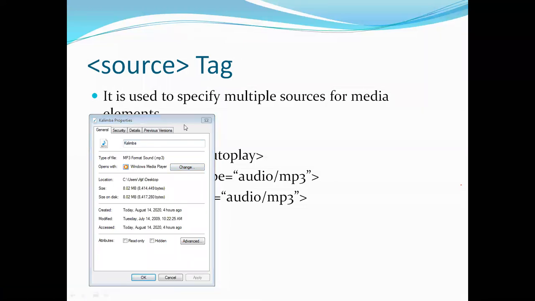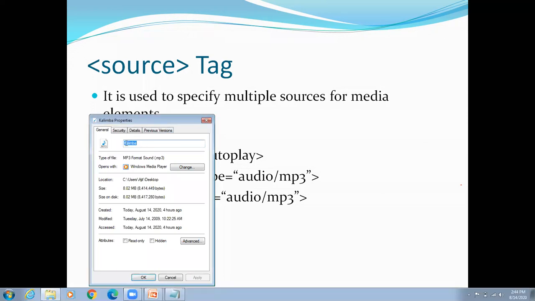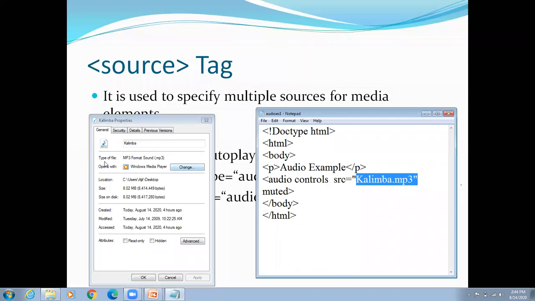Okay, here you can see the name and type of file is mp3 format sound. So copy this file name here and dot, type of file is mp3. So here mp3. Another attribute is muted.